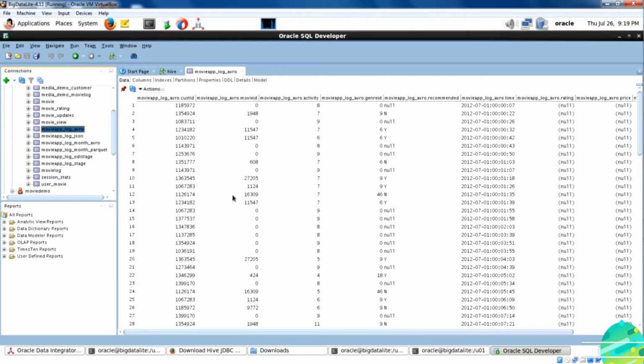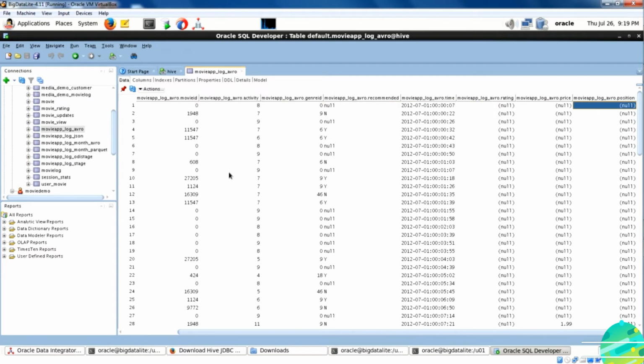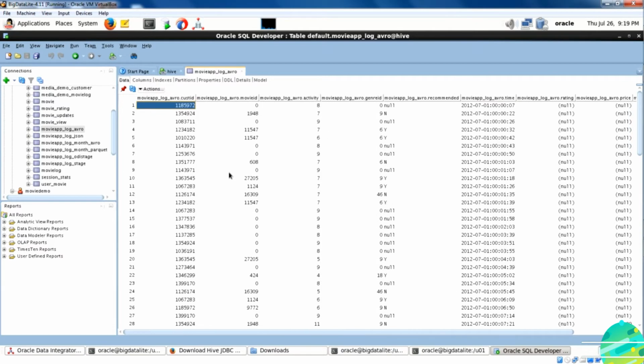The next table is movie log AVRO. Study this table. So movie and movie log AVRO are going to be your source. You are going to use those 2 tables to calculate average movie rating, and then you will populate the movie rating table.